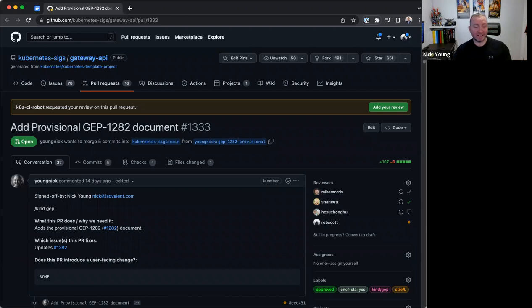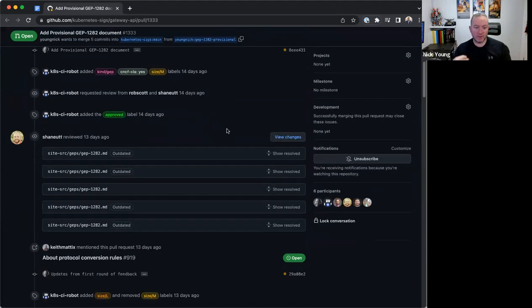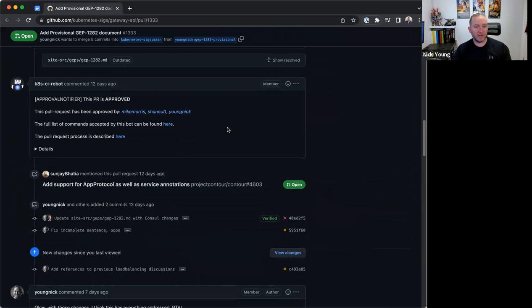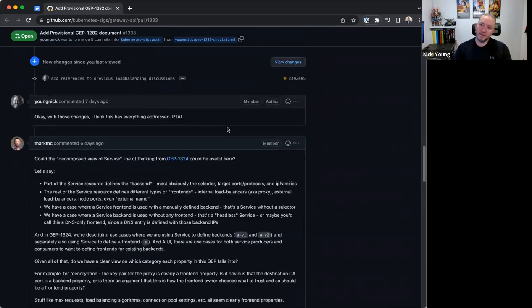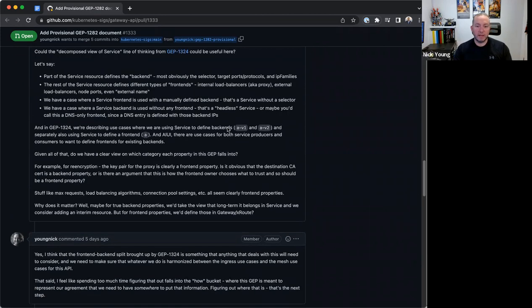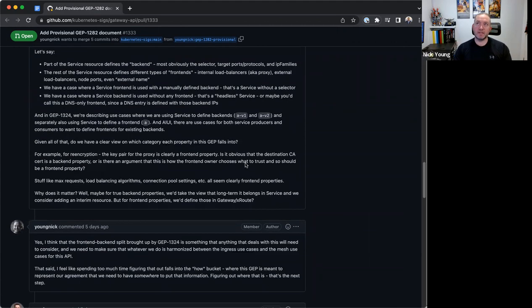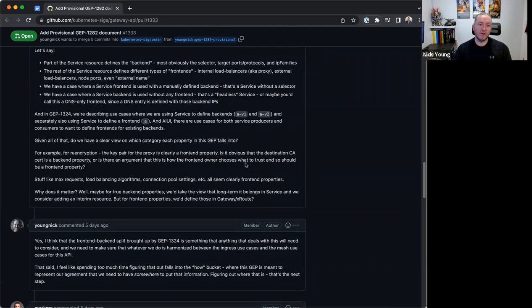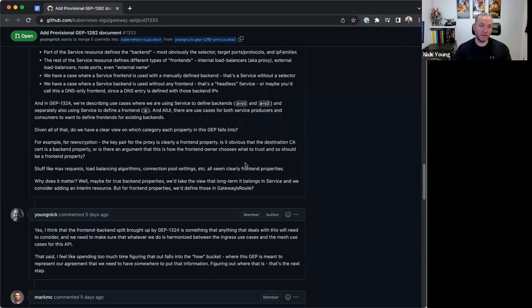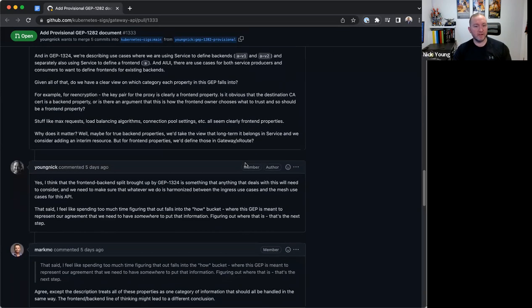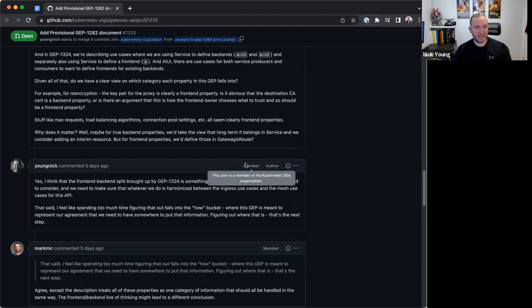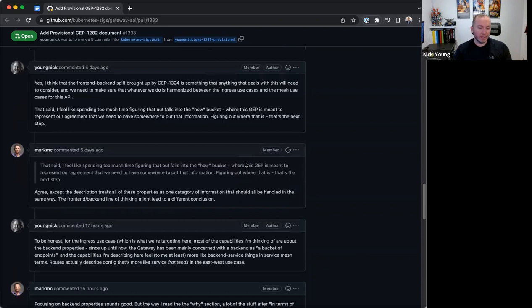Okay, so yeah, basically I just wanted to call out, I think this one's actually pretty close. I think Mark had some good comments about how you remember to take into account the GAMMA distinction between the front end and the back end of the service. But I think the ingress gateway API usages basically only really talk about the back end of the service. They don't need the front end because the routes are the front end, right? Like the routes and the gateway is the front end. That's the only thing that you care about in terms of naming, and that's the point of the rest of the gateway API. And so, I mean,